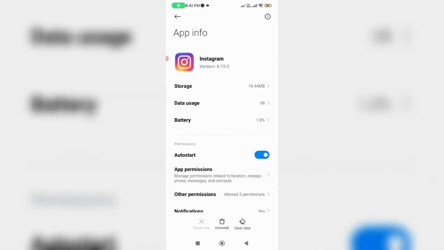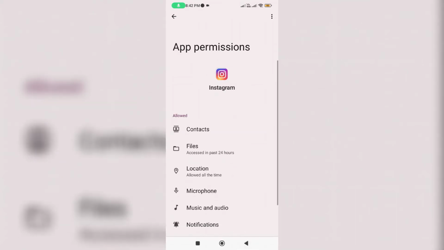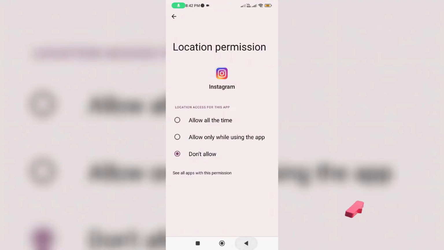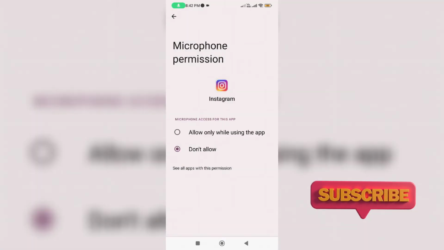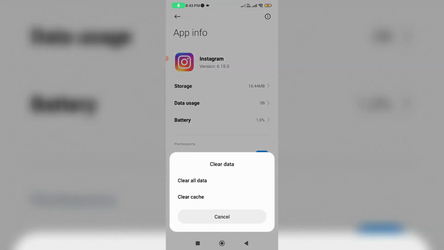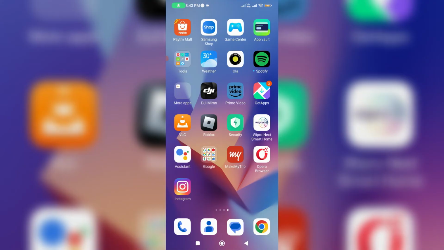Here I try to access App permissions and disable all the access permissions. Also don't forget to clear the app cache. After you have done these processes, try to launch the older version of the Insta mobile app.